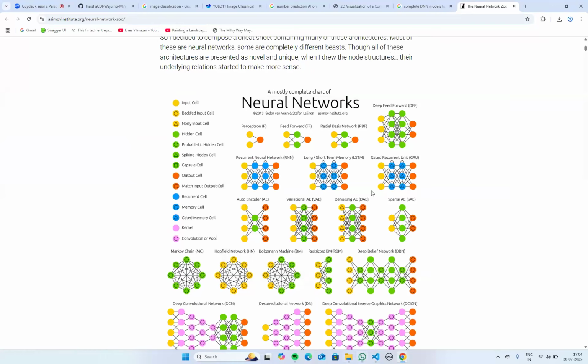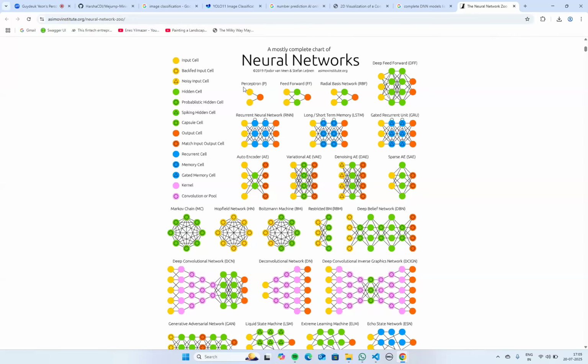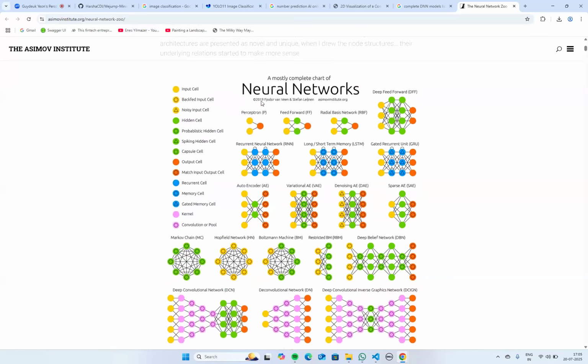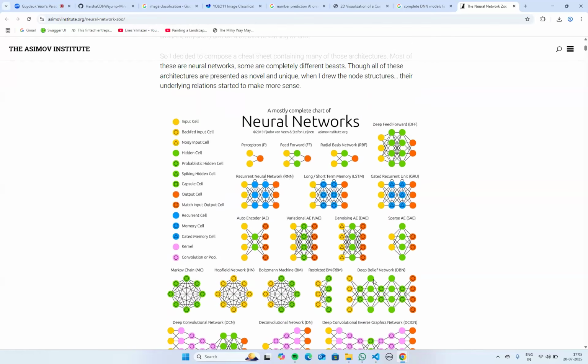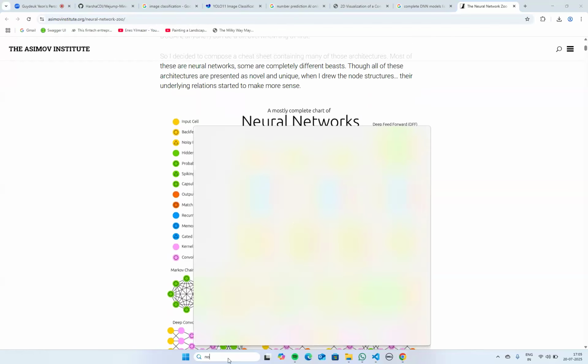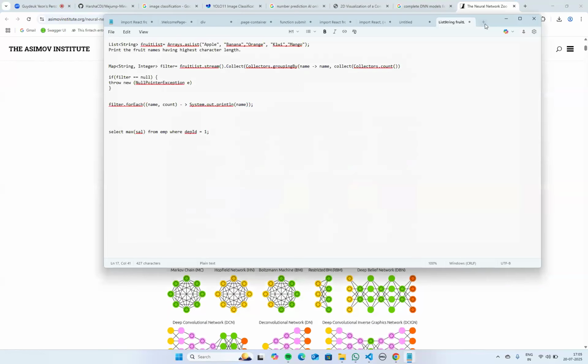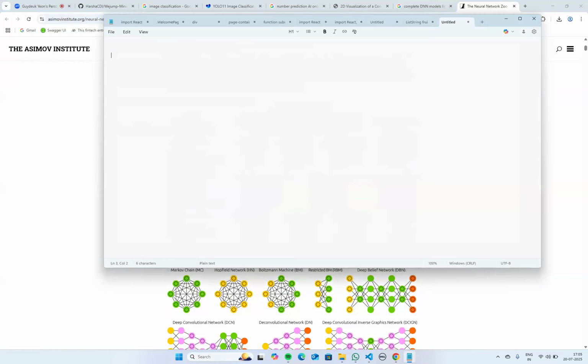When they started building artificial intelligence, they started with the perceptron. In the perceptron, three layers will be there: one is the input layer, one is the hidden layer, and the output layer. I'll show it to you in Notepad. There is the input layer, the hidden layer,